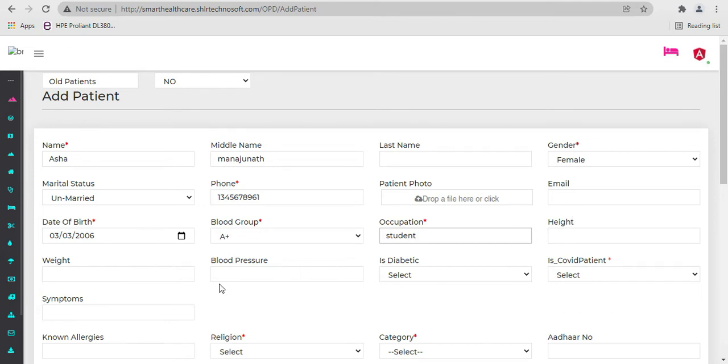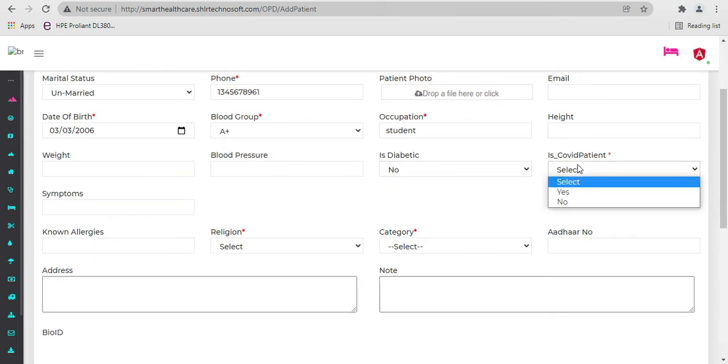Their height, weight, blood pressure, and whether the patient is diabetic, yes or no. If it is yes, then yes. If it is no, then no. Then whether the patient is a COVID patient. If the patient is a COVID patient, then enter yes. If it is no, no. Then add the symptoms the patient has, and the religion, and the category.